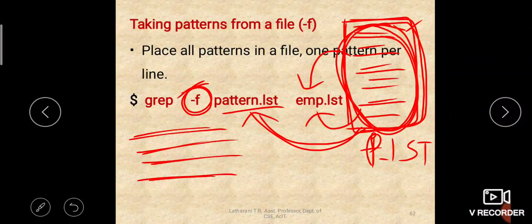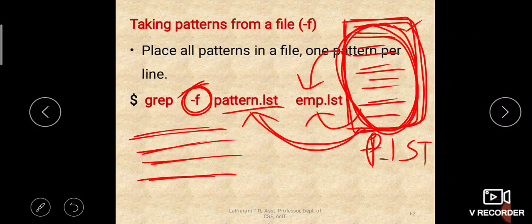Is that clear? So these are all the important grep options. When the question is on grep options, it may ask you to explain the grep options separately. Then you have to give all these options, their explanations, and the respective examples and their outputs and explanation of the output. Everything is necessary.